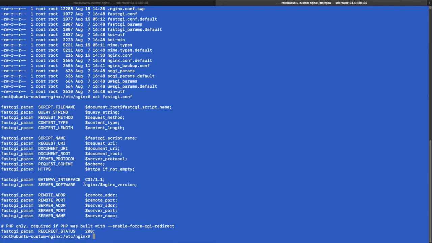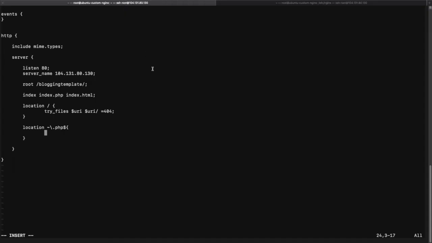If you want, you can open this particular file as well, fastcgi.conf, and you can see the different configurations. To add this configuration, I need to mention include, then define the configuration. Close this, and after this we need to define another directive, fastcgi_pass. Over here we need to define the socket on which Nginx and the FastCGI process can talk to each other, because Nginx will forward the request to the FastCGI process, which will accept that request and return it back to Nginx. So they need some socket, some communication point or port to communicate.